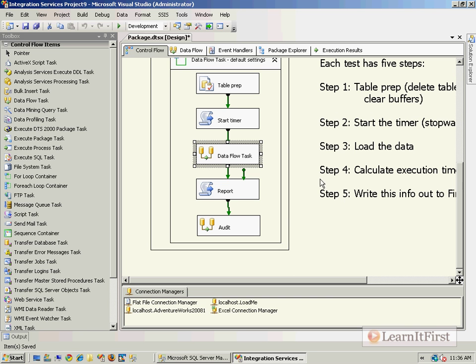You're going to have to add your own, and then you'd be able to test it. But your table prep, your start timer, report, and audit, those should all stay fairly static. The bulk of the work is just by changing that third step of loading the data. That's where you're going to spend most of your time changing this